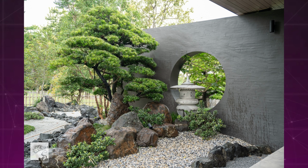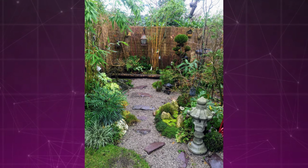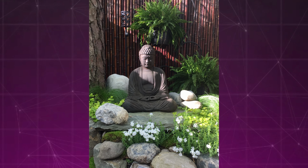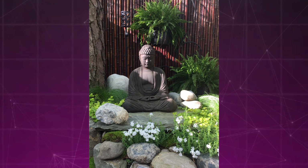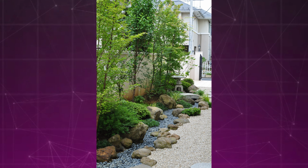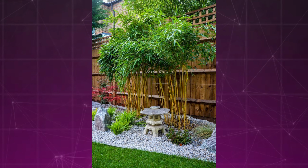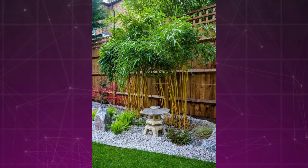It's a form of moving meditation. Each mindful stroke quiets the mind, teaches focus, and allows you to be present in the moment. Beyond the garden, while Zen gardens offer a dedicated space for mindfulness, their impact extends beyond their borders. The tranquility you cultivate within your haven spills over into your daily life, fostering a sense of calm and appreciation